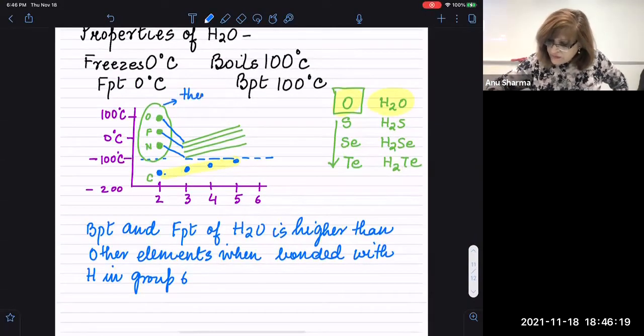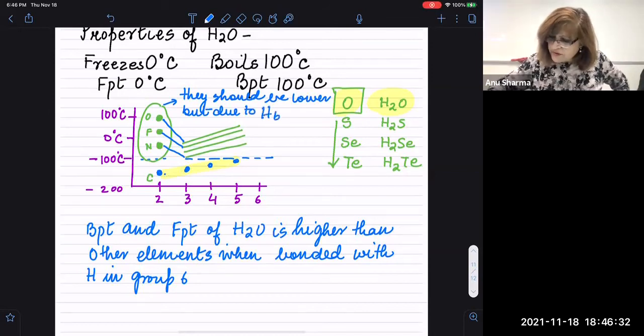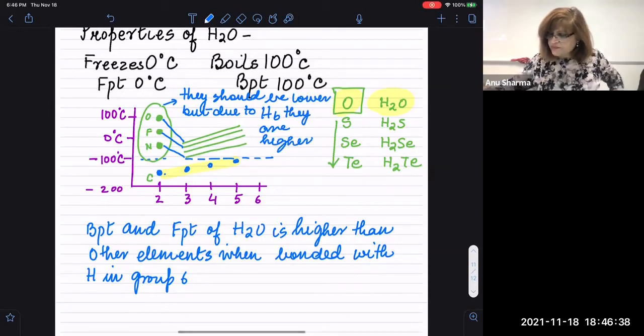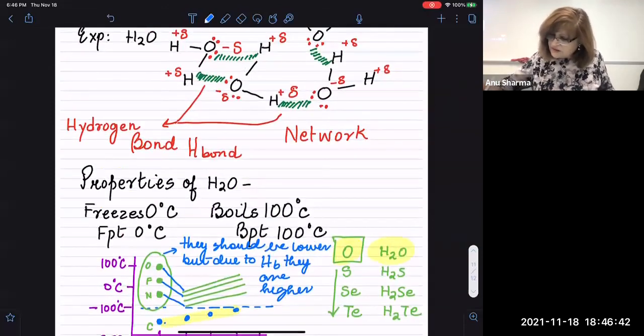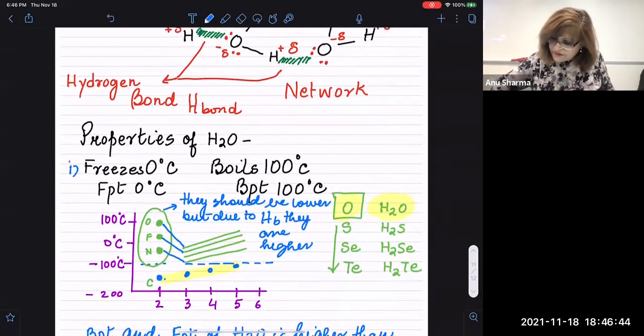They should be lower. But due to hydrogen bonding, they are higher. All three of them. Okay, now that's one piece. Next is this is one piece. Next is the